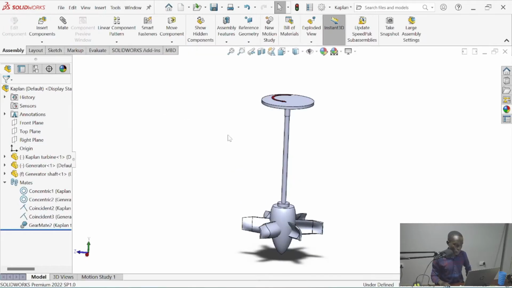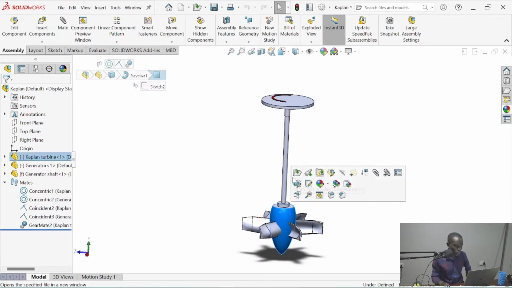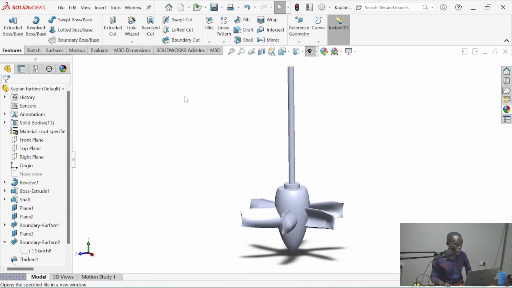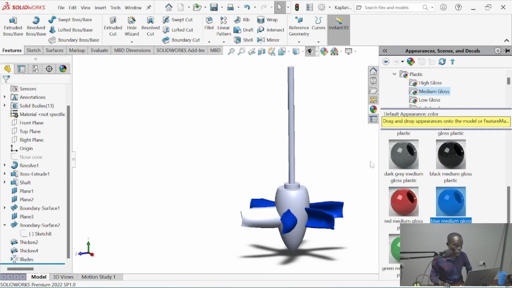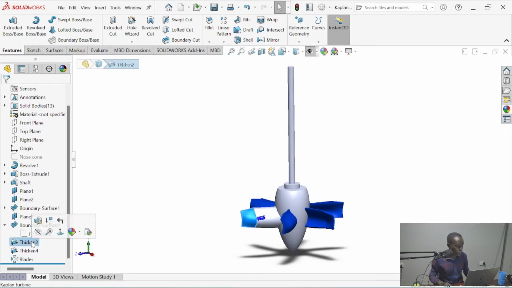Back to the coupling. Can rename these two bodies and we give them an appearance. Thicken 2 and then thicken 4.